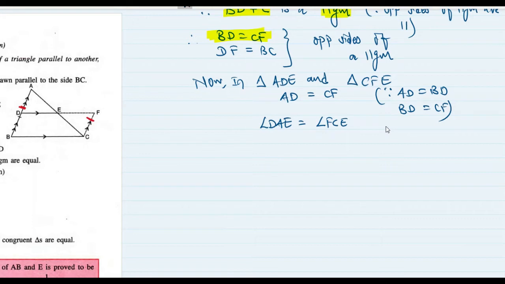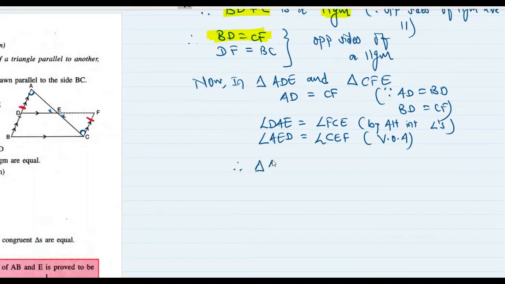Angle DAE is equal to angle FCE by alternate interior angles, ठीक है। एंगल AED is equal to angle CEF, वर्टिकली ऑपोजिट एंगल। मतलब मैंने ये वाले एंगल को ये वाले एंगल से इक्वल प्रूव कर दिया, बिकॉज AD और CF तो पैरेलल थे बाय कंस्ट्रक्शन, तो ऑल्टरनेट इंटीरियर एंगल इक्वल होने चाहिए। और ये वाले दोनों एंगल को इक्वल प्रूव कर दिया बिकॉज ये वर्टिकली ऑपोजिट एंगल है।